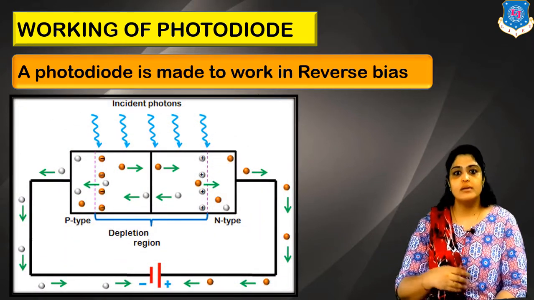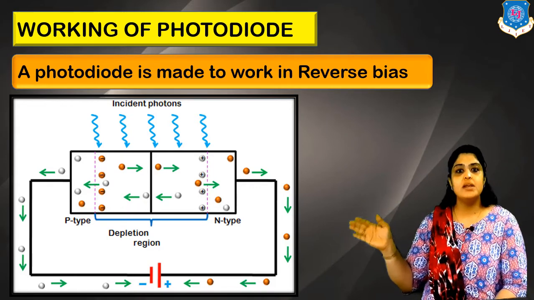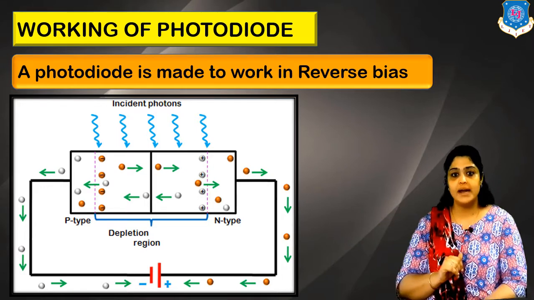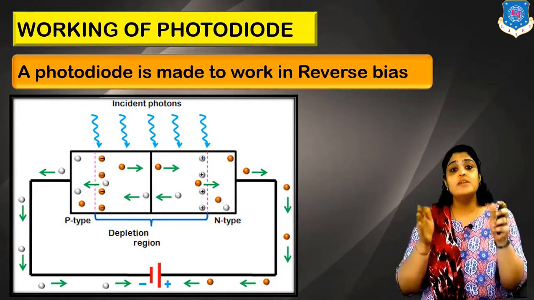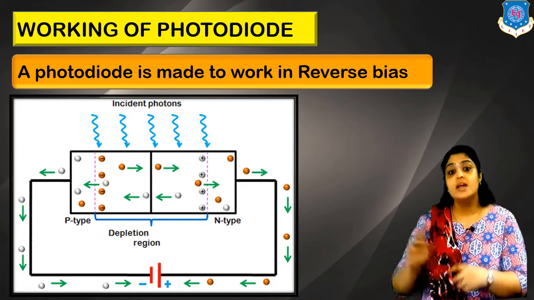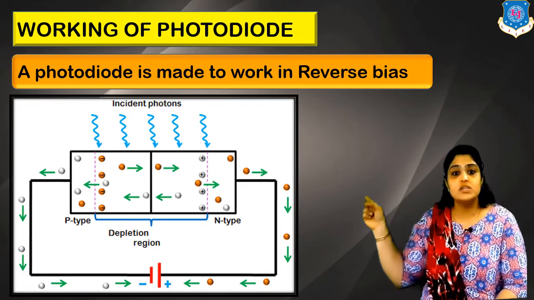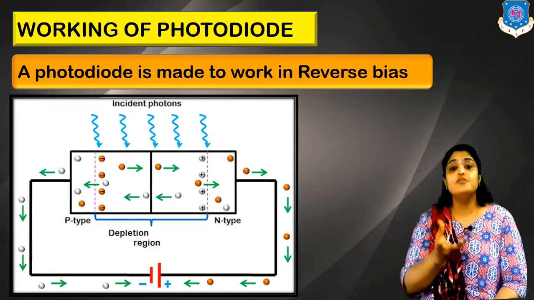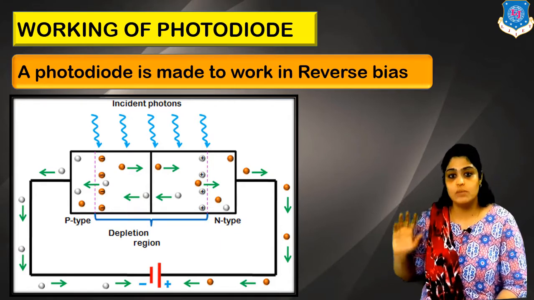Let's understand with the help of a diagram. In this case, you can see the P terminal is being connected to negative and the N terminal is being connected to positive terminal of battery. You can also see that depletion layer is increasing. The width of depletion layer has increased due to the reverse bias. Clear? And you can also see that light is incident, which is shown in the form of blue colored arrows. That means now the photodiode is absorbing light. Now what happens if this photodiode absorbs light?